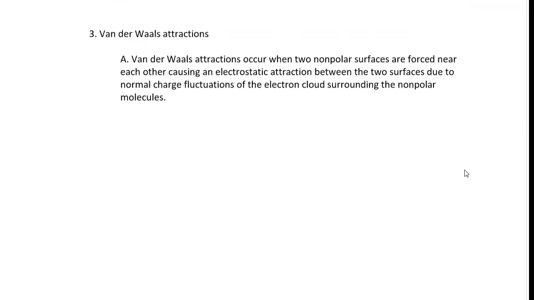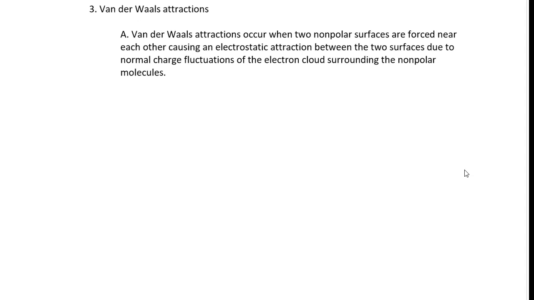I think van der Waals interactions are a little bit more complex to explain, but they involve electrostatic interactions also, but these electrostatic interactions are not formed because there are permanent partial charges on the molecule. So in the case of water, you have permanent partial charges, a partial negative on the oxygen and partial positives on the hydrogens. In the case of van der Waals interactions, you don't have permanent charges because when we're looking at a molecule like